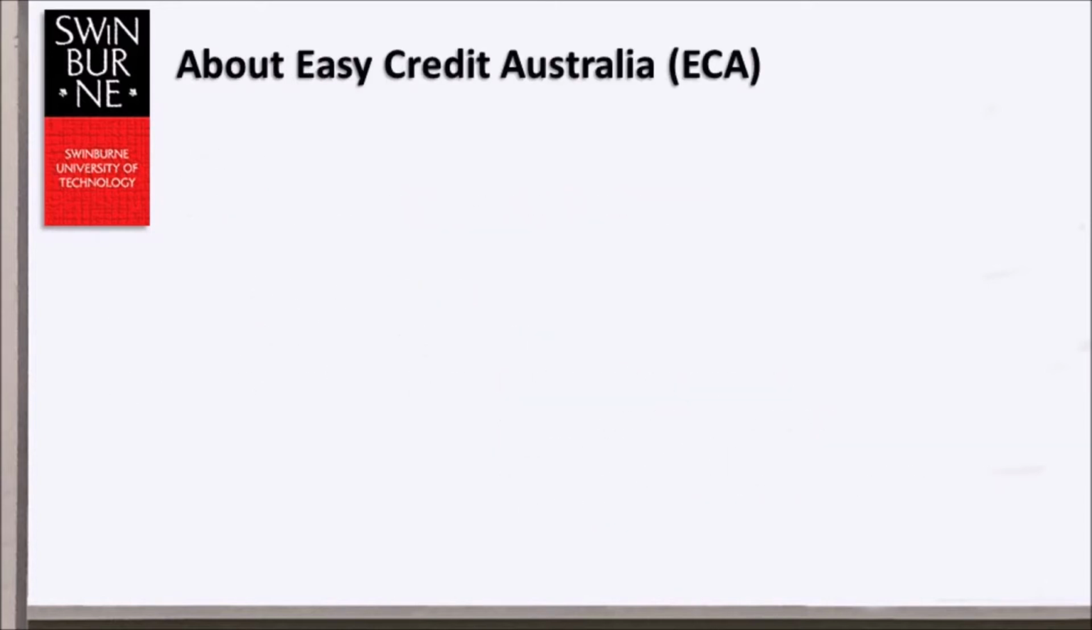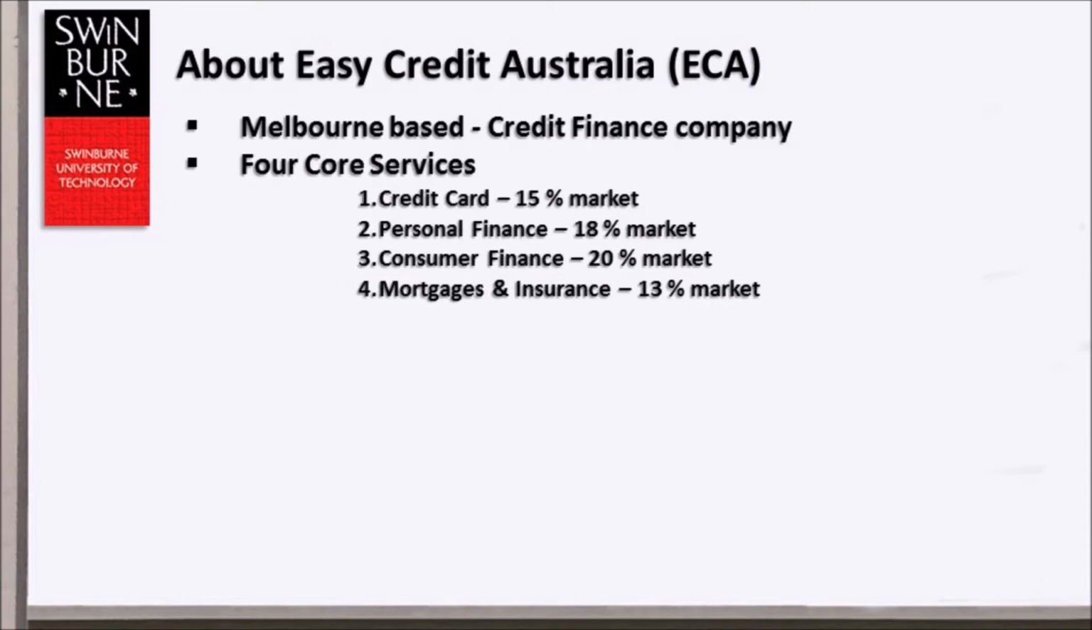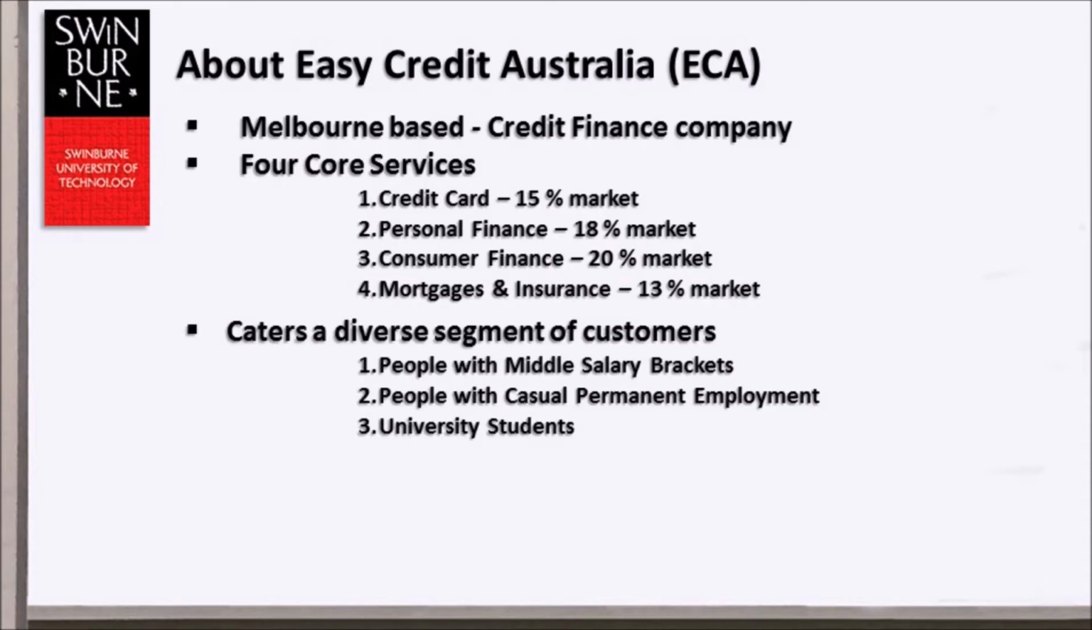Moving on, we will now give a bit of background on ECA. ECA is a Melbourne-based company with many branches throughout Australia and one of the country's largest credit finance companies. They have four product services primarily: credit card, personal finance, consumer finance, mortgages, and insurance. ECA typically caters to a diverse segment of customers who are young and have just begun their professional life or have no established credit history at all. So they also include people in the low to middle salary brackets, people with casual permanent employment, or even university